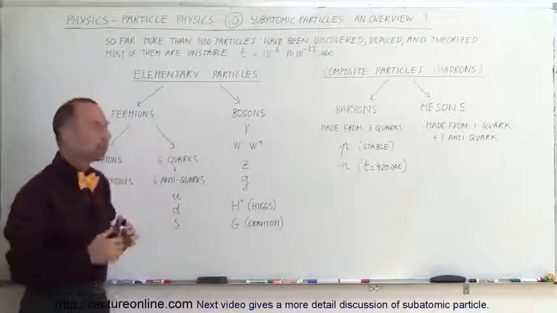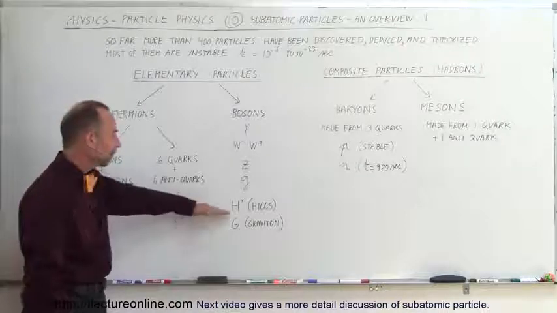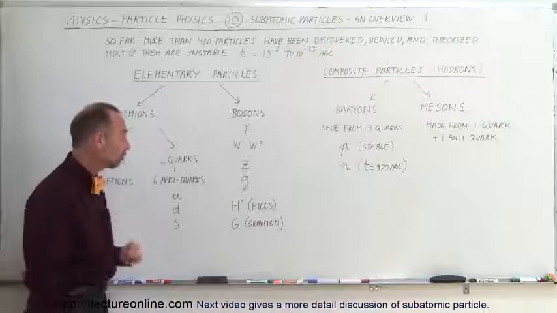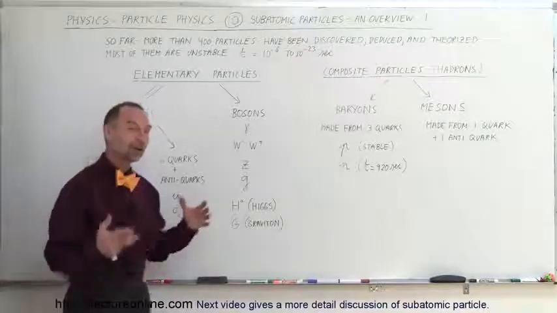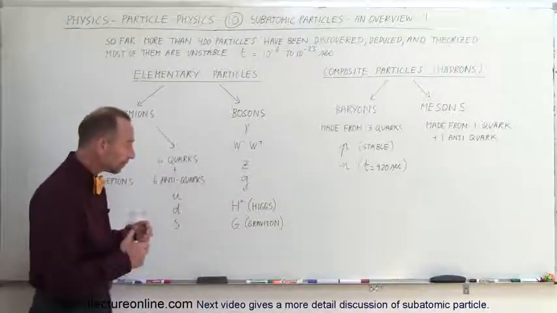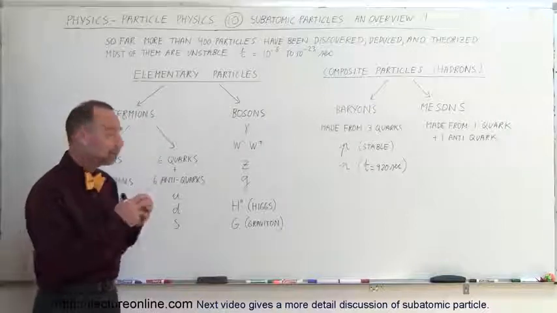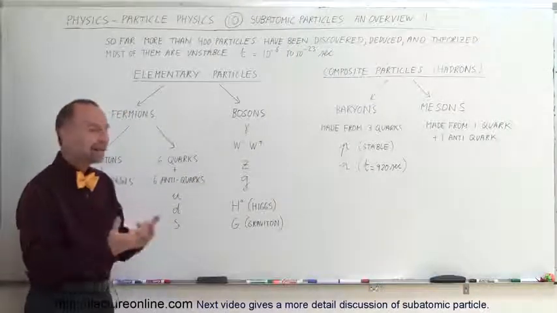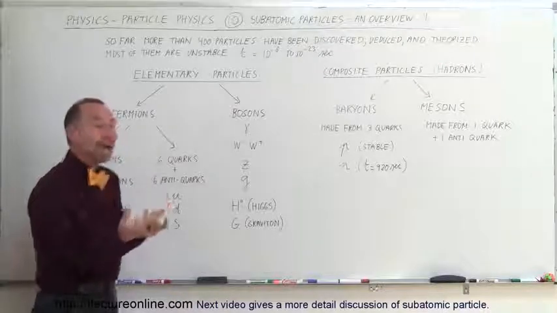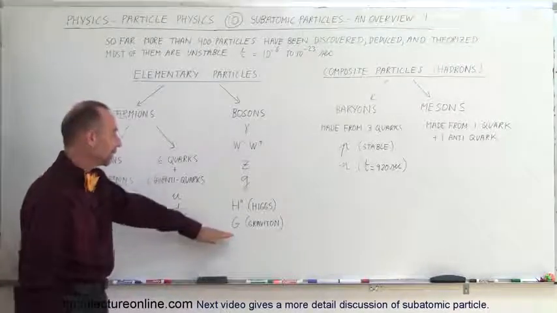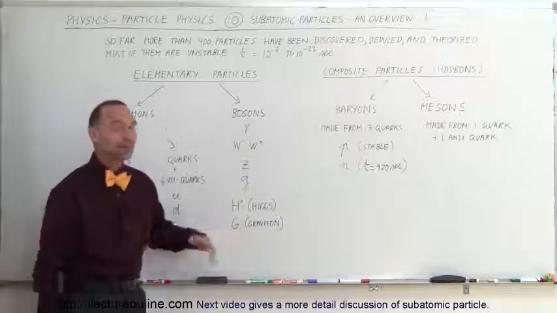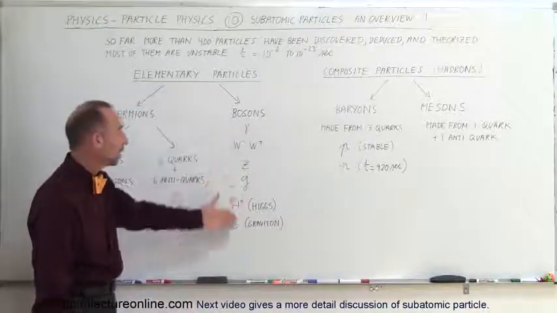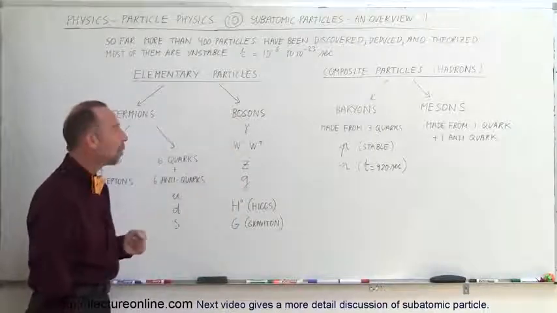But again, we'll talk about that later in more detail. And then of course we have the really famous particle that was discovered in 2012 at CERN at the Very Large Accelerator. And we believe that the Higgs boson is responsible for causing the Higgs field, which gives the particles mass. And so we'll get into that a little bit later. And of course we have the elusive graviton, which we haven't found yet, but we feel there probably is such a thing. And so that would then be part of what we call the bosons,